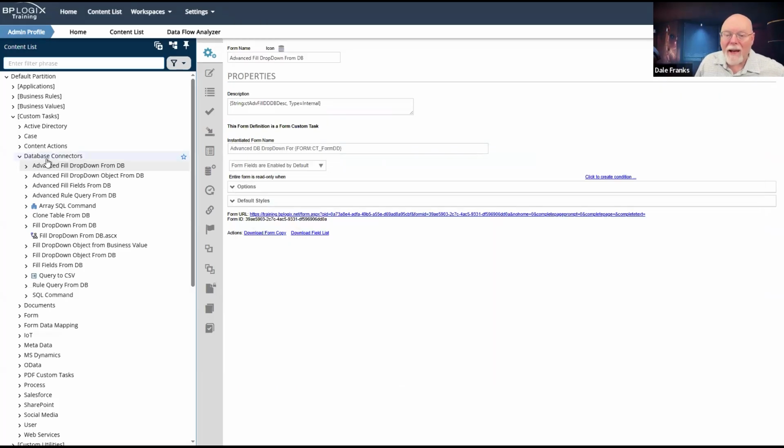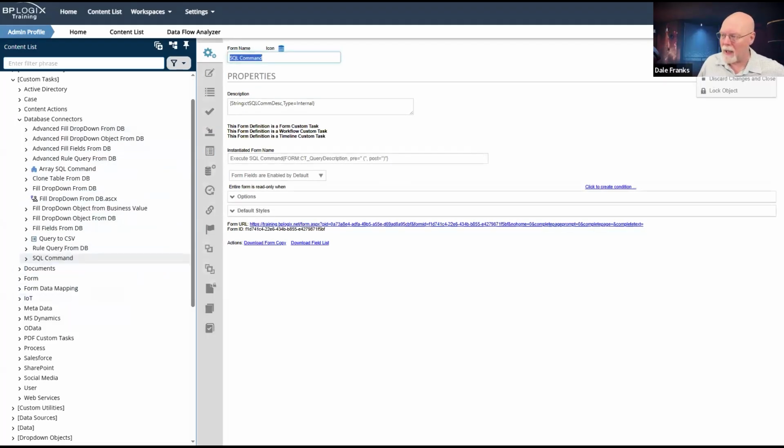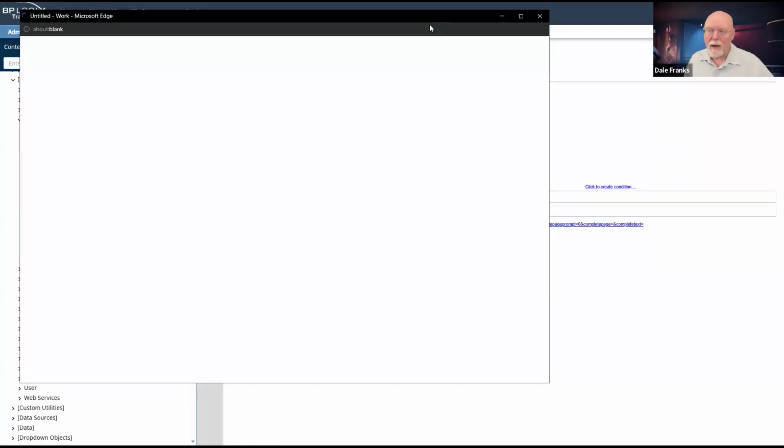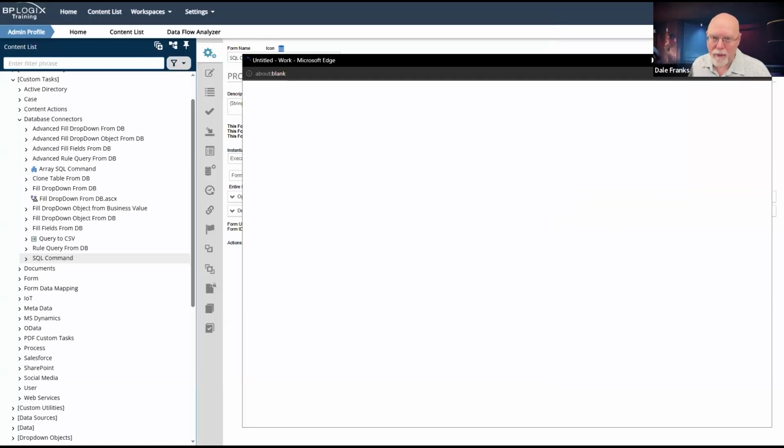Now, while that is true for the fill dropdowns or fill fields custom tasks, it is not true for the SQL command custom task. This custom task is still super important because this is the one custom task that you should use anytime that you want to do a delete, insert, or update statement on a database.